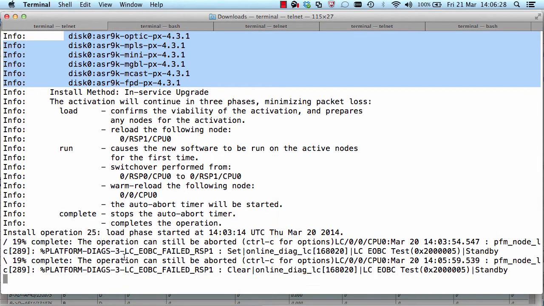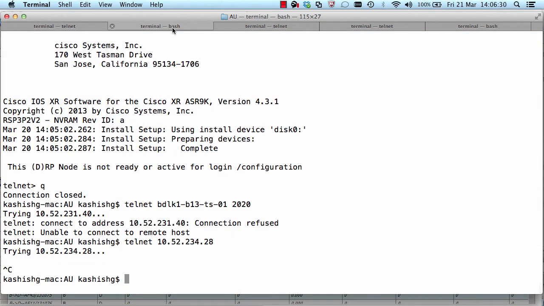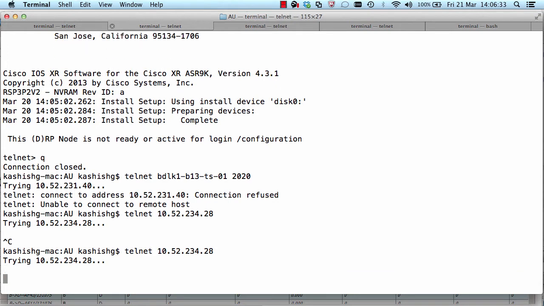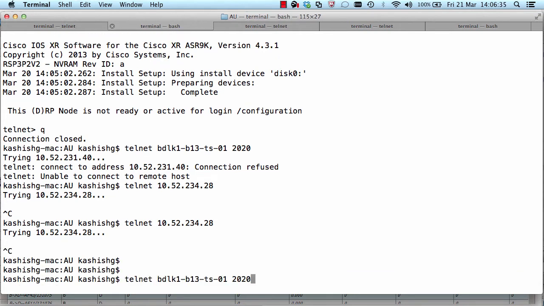So this process is still going on. I don't know what's happened here, but